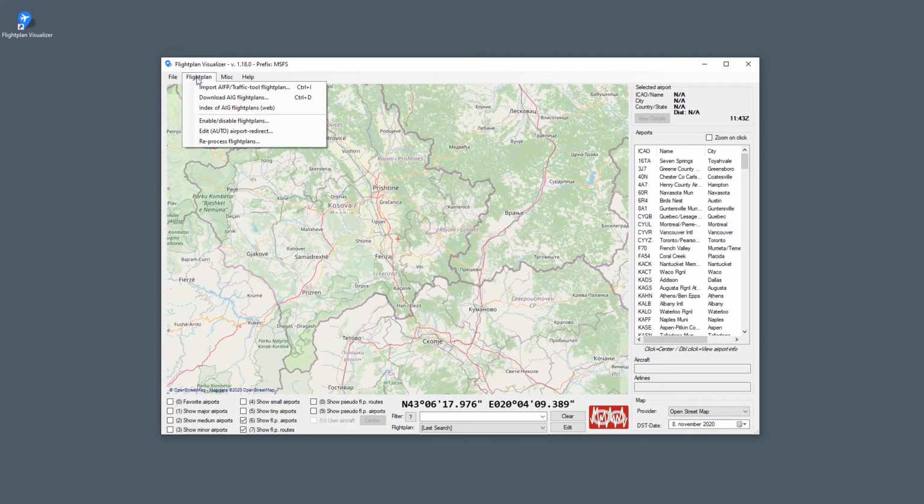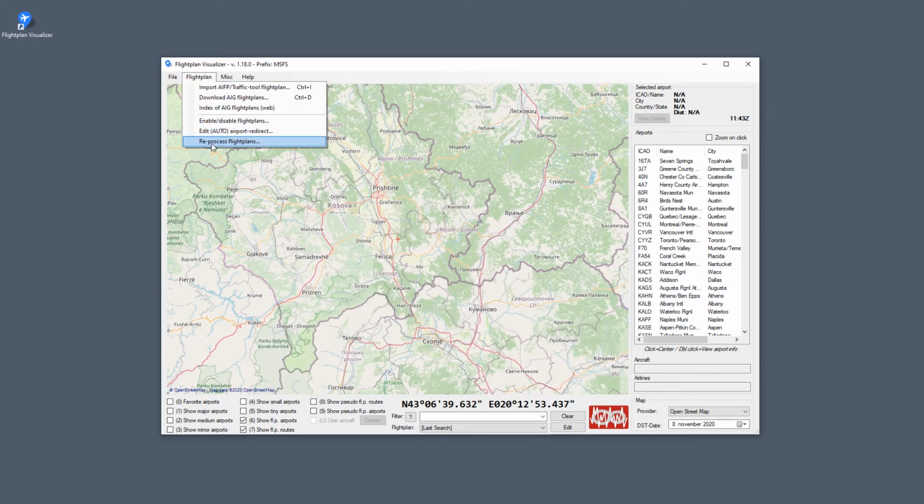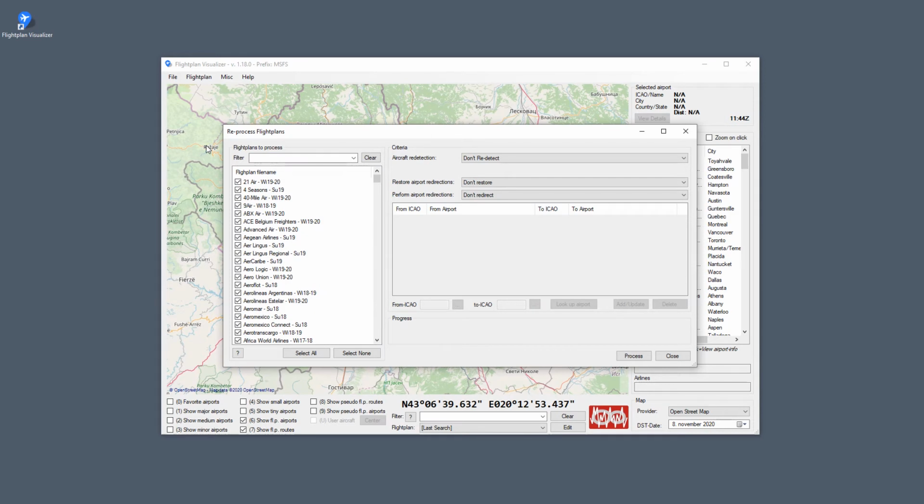But already here it's done, and because we emptied that file in Notepad, when I go into this menu item, you'll see I have no redirections. So the first step I want to do is reprocess all my flight plans. Since I don't have any redirection, I want to revert the traffic back to its default ICAO code. For example, all the flight plans that in the past used LYPR for Pristina, I want to revert back, and I do it by choosing this point. All that was automatically redirected, I want to restore, and I want to do it for all of these flight plans. So I simply click process,